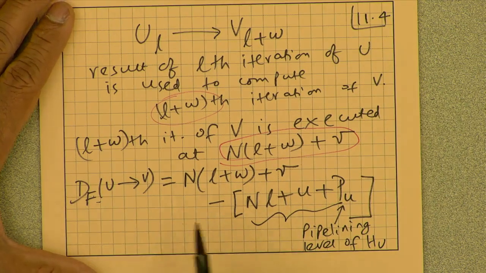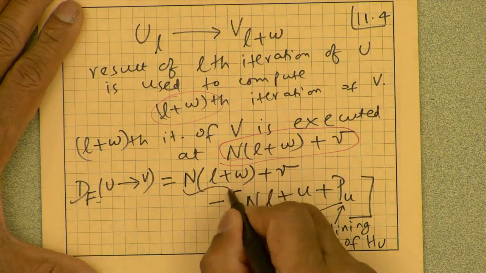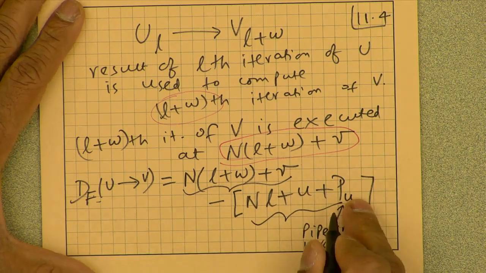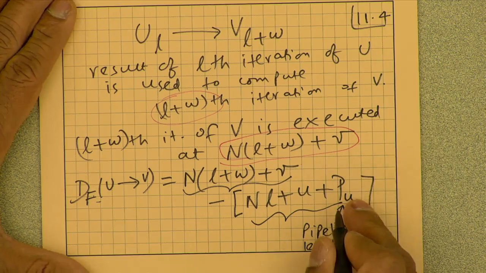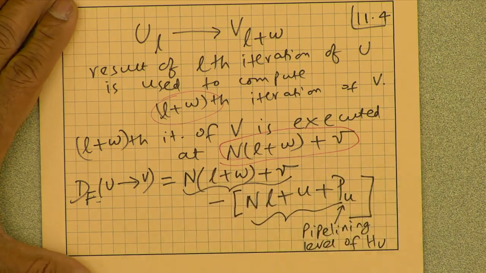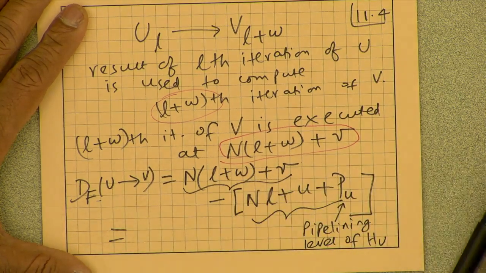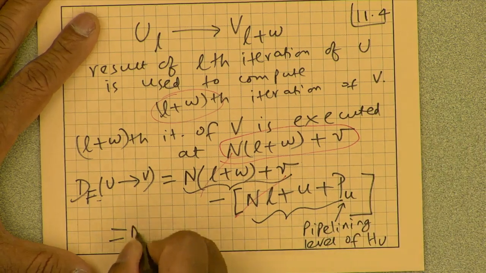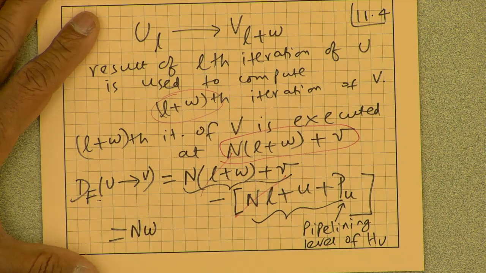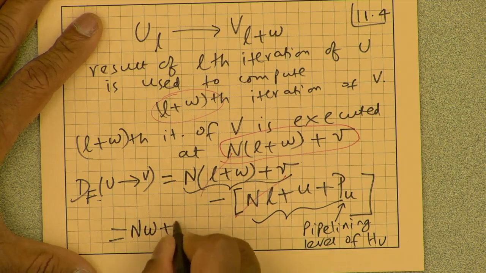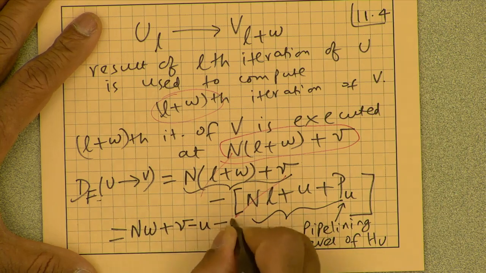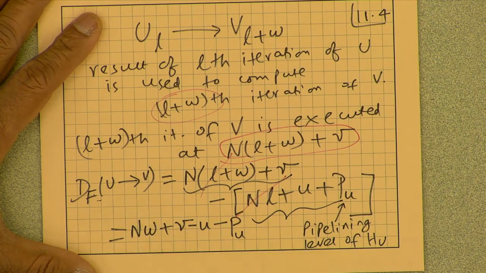And I need to hold that result for the time of consumption minus the time of production. So that's the time at which we have that available at the output of the hardware functional unit. That's the time I consume that. And if I subtract, the n times L and L cancel out, and what we finally get is the folding factor n times the number of delays W plus the folding order of the destination node minus the folding order of the source node minus the pipelining depth of the source hardware functional unit.